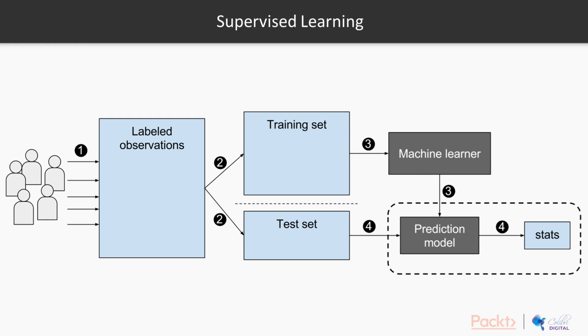inputs and the outputs. The way this works, in step number 1 in this diagram, we have some labeled observations. What that means is we have examples that are labeled by the desired output. A typical example is having a collection of cat images, and we provide the label cat for the deep learning model to learn it. In step 2, we split this data set of labeled observations into the training sets